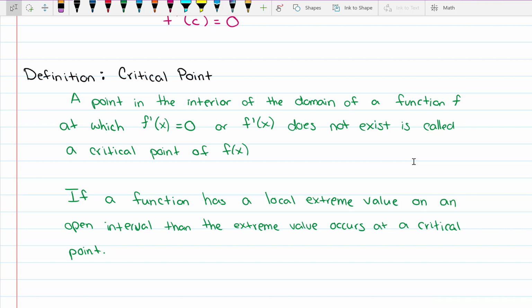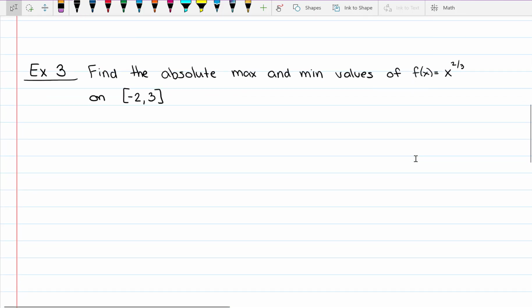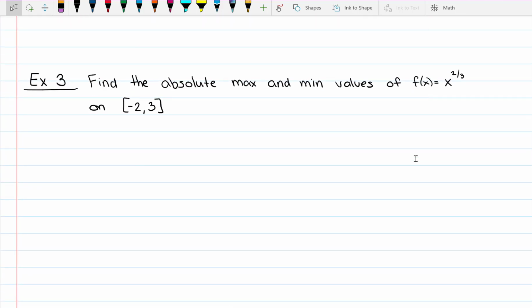If a function has a local extreme value on an open interval, then the extreme value occurs at a critical point. That just means that local extreme values on an open interval are also critical points. The reason I say open interval is because we're not going to include the endpoints. So let's look at a real example and figure out how to find maximums and minimums using the